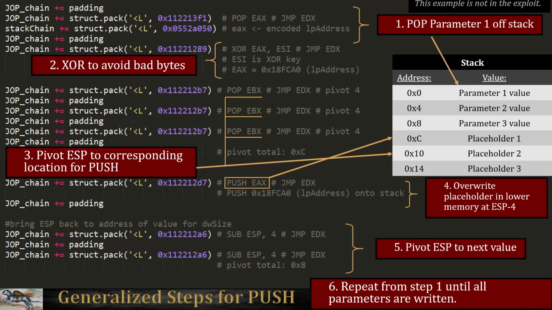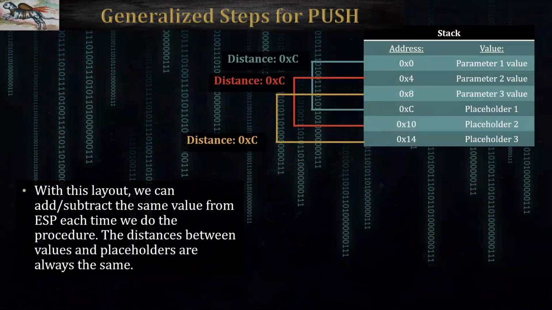One way to pivot is via pop gadgets, which increment ESP by 4. Once we do our overwrite with push, we pivot ESP backwards to our parameter 2 value, and then we can repeat the process with every parameter. The reason that we can use the same offsets for our pivots is because with this layout, the distance between each placeholder and each parameter is always the same. So here, parameter 1 is 0xc away from placeholder 1,